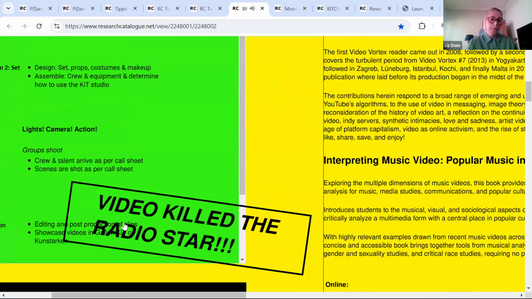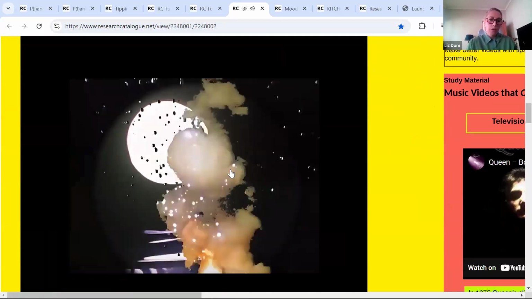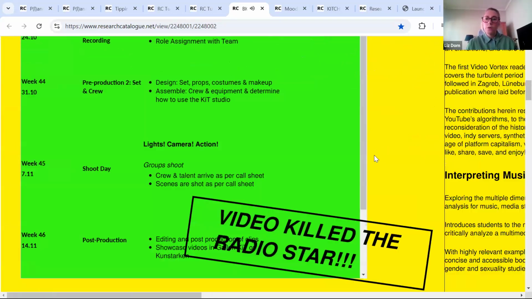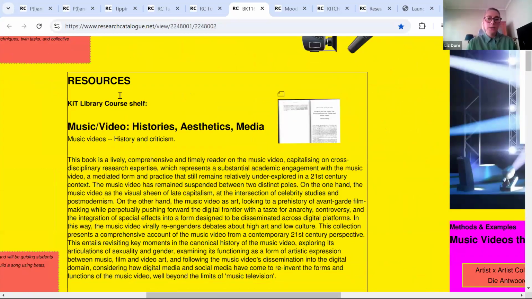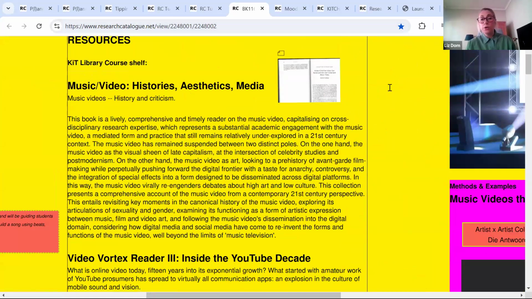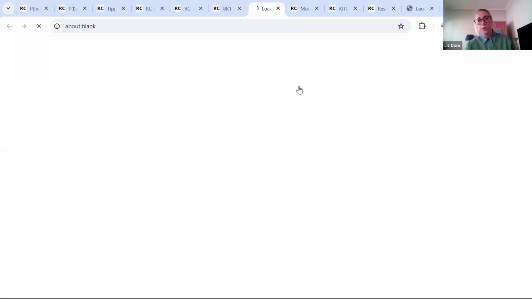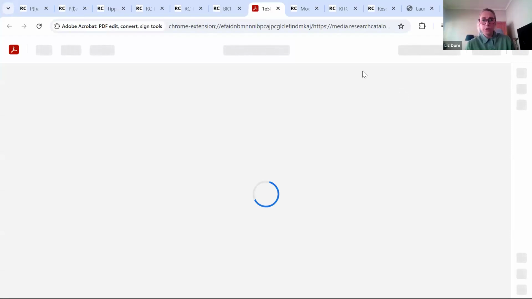So we use this section both as a course outline, but also a working space. I'll just move this widget. So we use this as the working space. So here we listed some resources that people could use, either books or resources that they can get in the library, or for example, it links to a PDF. So here, for example, is the PDF. You can just click on it and it opens up in a separate window. And that is always very nice.